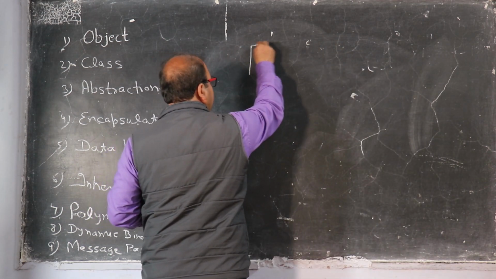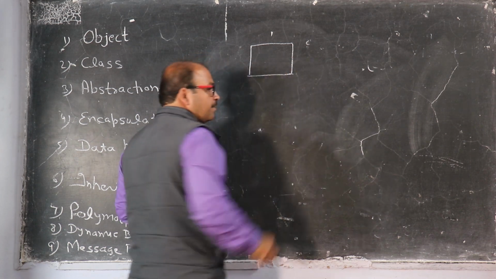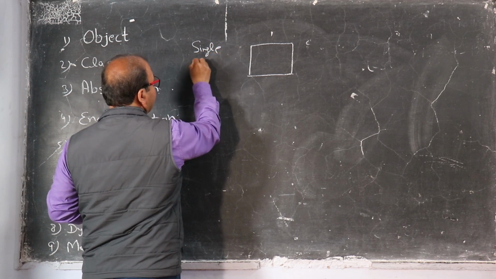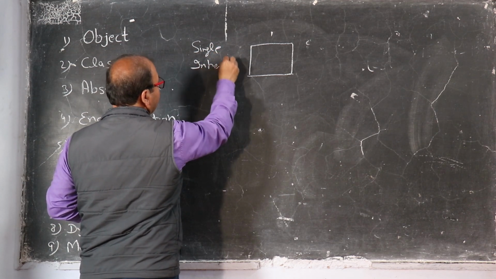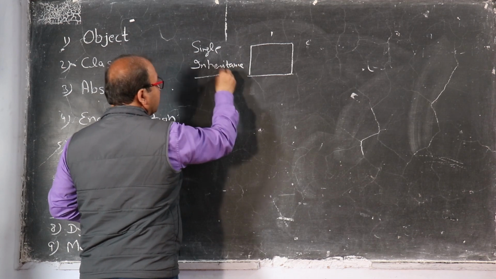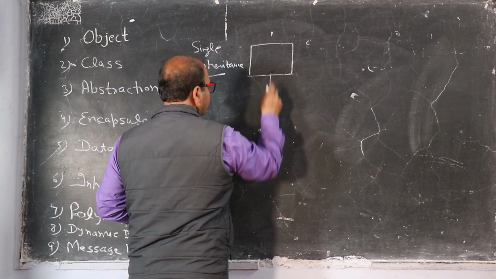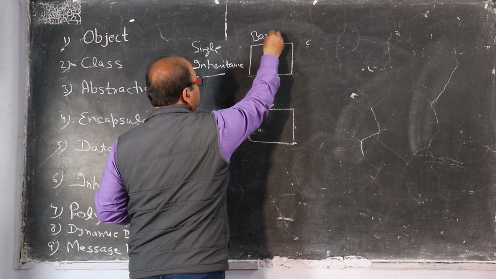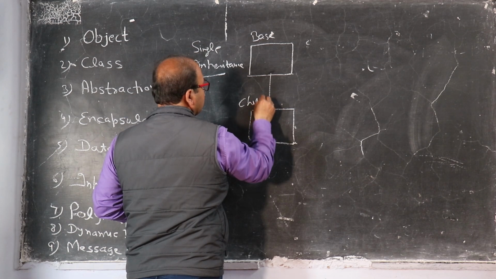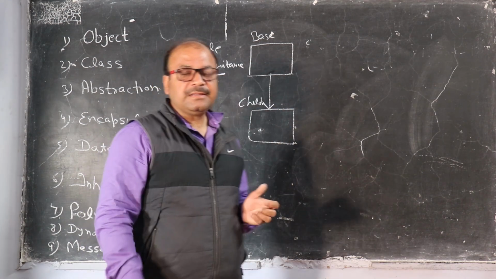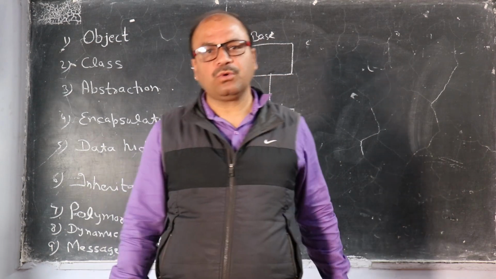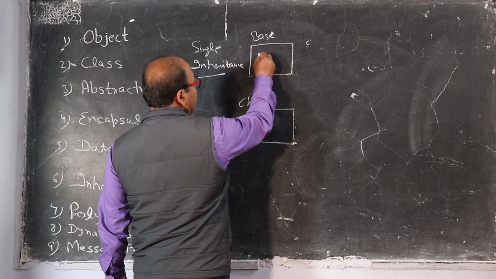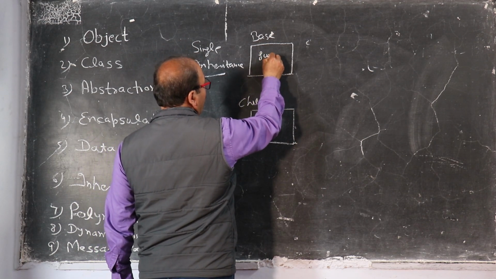We have many types of inheritance. First one is the single inheritance. Single inheritance is what? When the property of a base class is acquired by its child class, then it is called single inheritance or single level of inheritance. Now, if there is, say, function